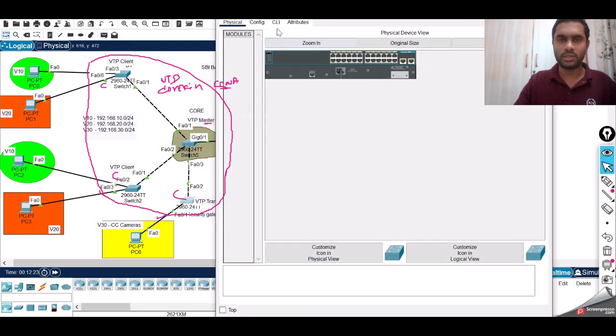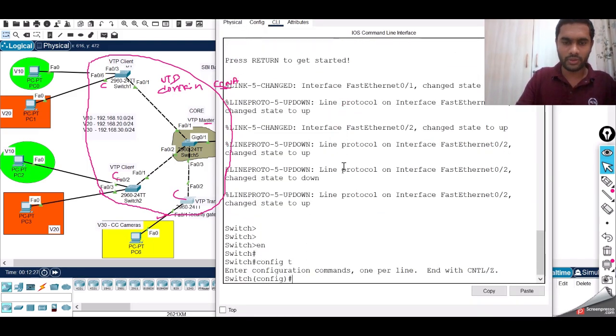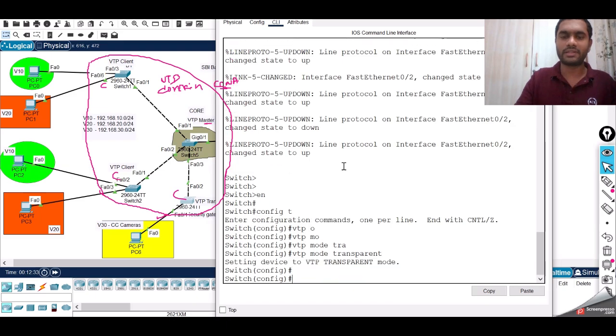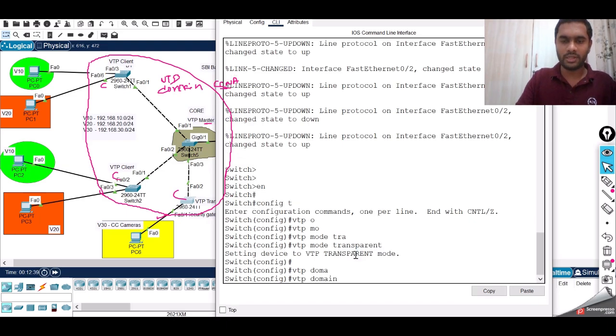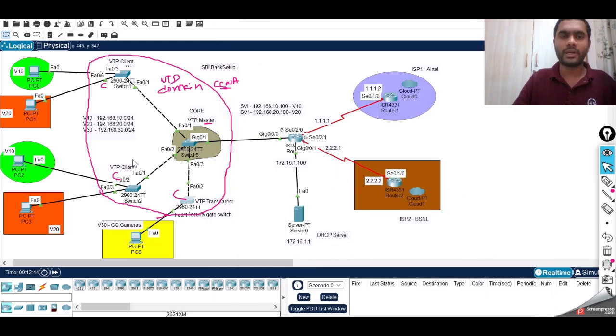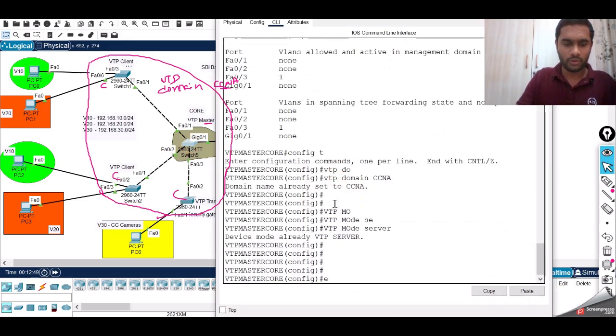Just go to this one and CLI, enable, config T. We need to make this one transparent, because it doesn't have VLAN 10 and 20, it is only supporting VLAN 30. So I am keeping this in VTP transparent mode, and VTP domain is going to be CCNA. Excellent. Moving further, we have made the VTP configurations on all the switches, and let's create the VLANs